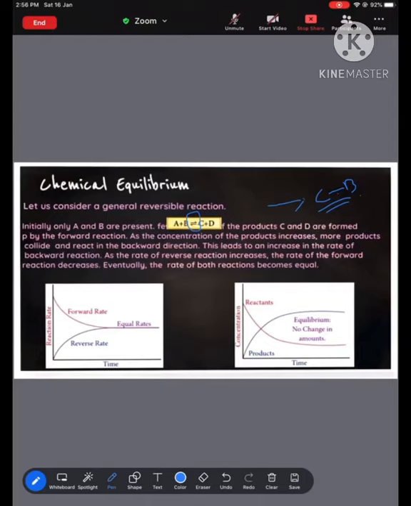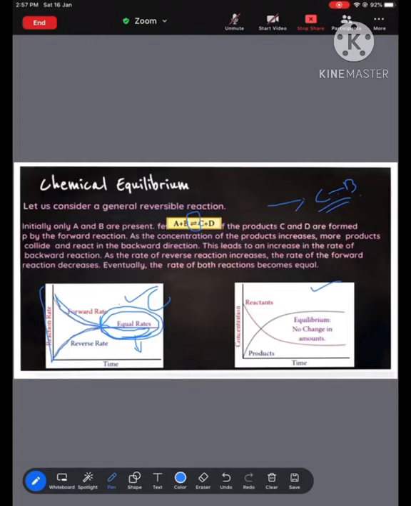So these two graphs represent this condition pictorially. For both, the x-axis is going to be time. In the first image, the y-axis is the rate of reaction. Initially the forward reaction will be high, and finally it will decrease. The reverse reaction will start from zero, and you will find both reactions are going to be at an equal rate, because here the system is in equilibrium. The second graph is the concentration. Initially the concentration of the products will increase.